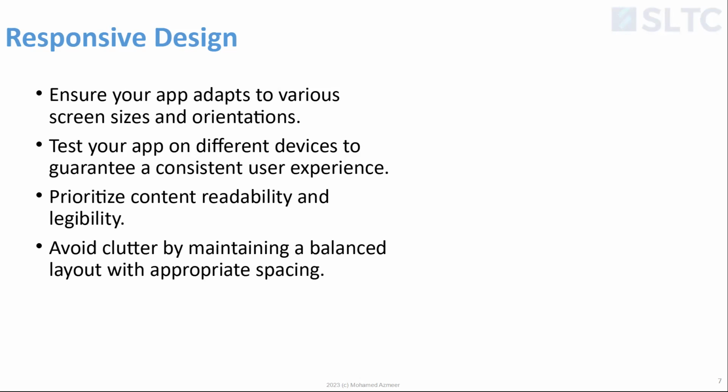So when you are doing that, you need to do a couple of things. One is prioritizing your content, right? So you might have a long list, but which one do you want to show them first? Bring it to the top. That way, even the smaller device will see them first. Otherwise, they will have to scroll down to see what is going on there.